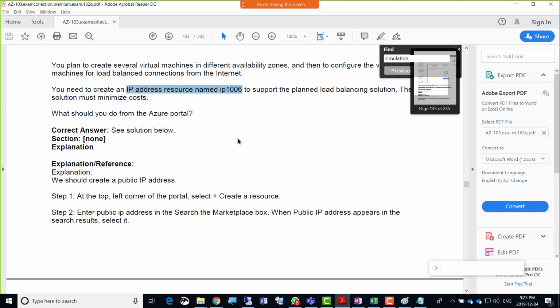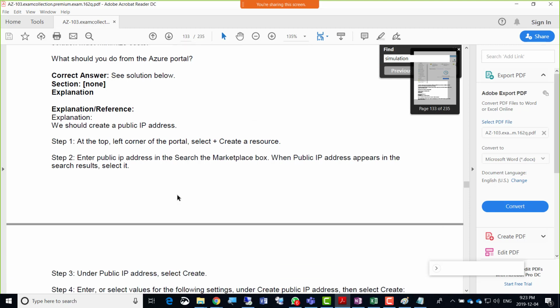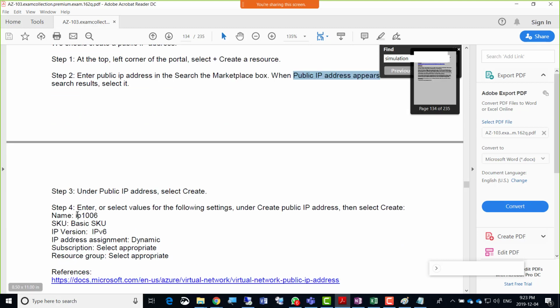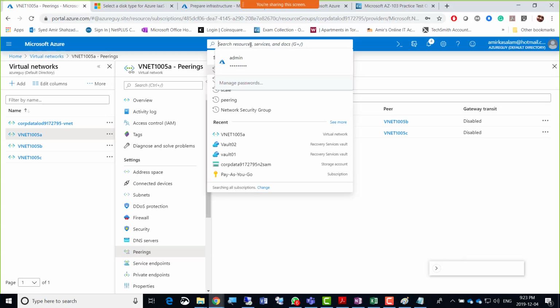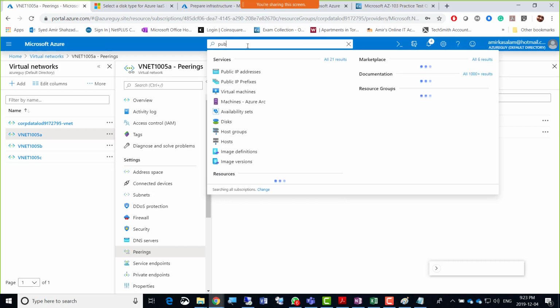And now what we need to do is we can just search public IP address there, and simply create the public IP address by this name. So dynamic, select appropriate subscription and resource group. That's all, right? So if we go back to this search, we just go for on the top here. Anyway, so public IP address.